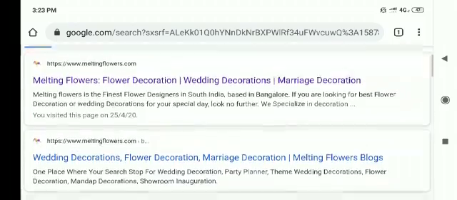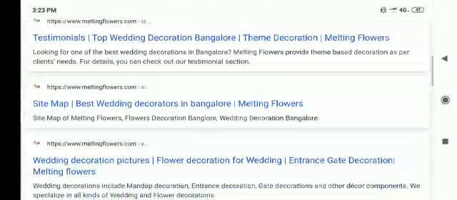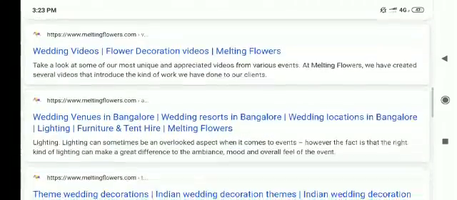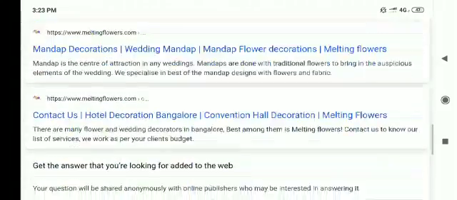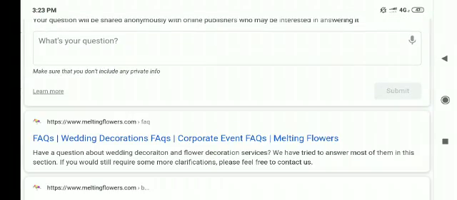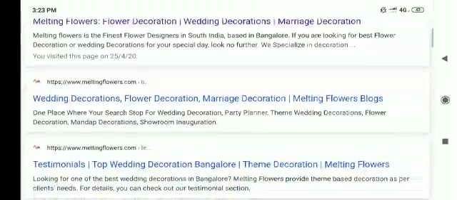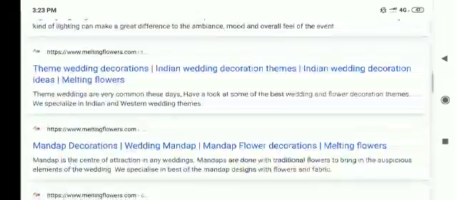Okay, here it is. So friends, as you can see, for this website we got a couple of more pages ranked, in fact indexed by Google. It is not necessary, friends, that the pages indexed are necessarily ranked. They're two different things. Ranking and indexing, two different things. So please don't get confused. This command is only to see the pages indexed by Google, not pages ranked by Google. Okay, so please keep this in mind.